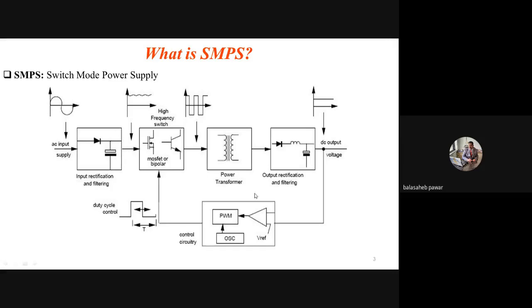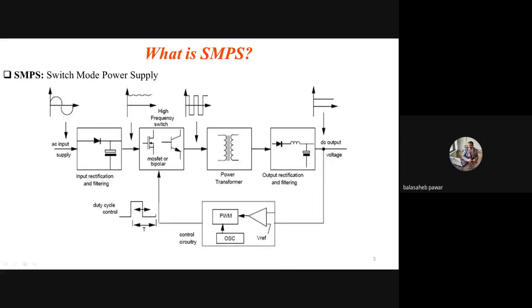Later on, towards the secondary side of that high frequency transformer, it's somewhat our conventional rectifier circuit, which you are already familiar with. Just imagine there is one transformer and after that there is one rectifier circuit. See, it is mentioned output rectification and filtering. An LC filter is preferred for smoothing that output voltage to pure DC, having its amplitude as per our requirement, right?